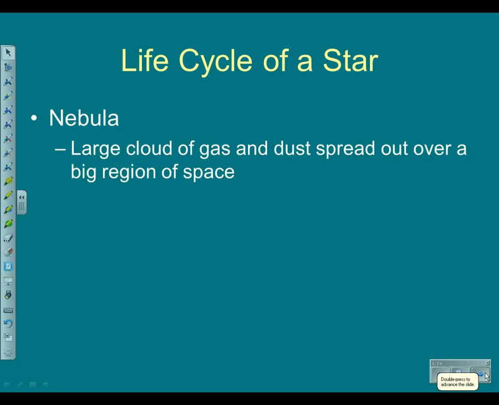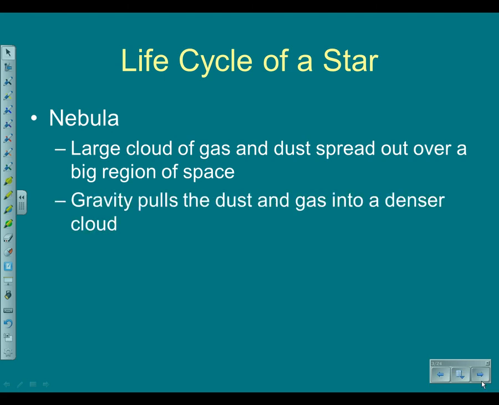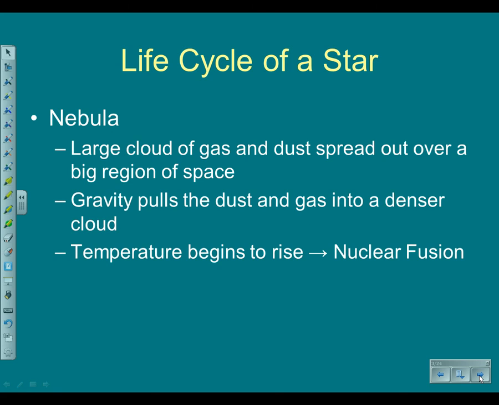Nebula. Big ball of gas and dust spread out over a big region of space. Gravity starts pulling that dust and gas together into a big dense cloud. At this point, here's the determining factor. Okay? That temperature begins to rise because we've put all these things together. Gravity has been pulling them together for a really, really long time. Now they're going fast. If they're going fast, that's a high temperature. If we get them going fast enough,